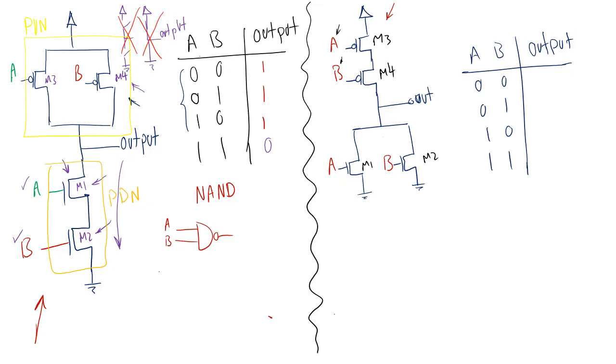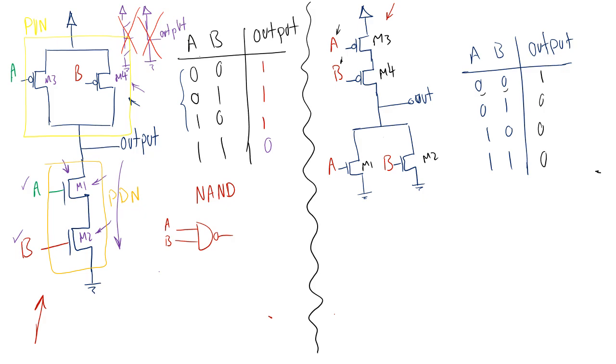So when do PMOSes conduct? When their input, or the gate terminal, is connected to 0. So I need A and B to be 0 to have an output that is 1. I'm going to get a 1 if and only if both of my inputs are 0. For the rest of the cases, I have either one of the inputs equal to 1 or both of them equal to 1. That is enough for me to have one of the two NMOSes, M1 and M2, conducting,